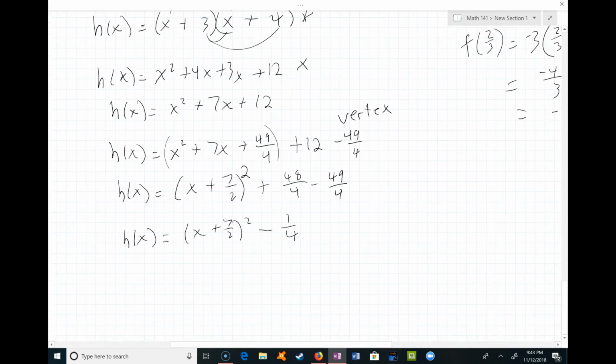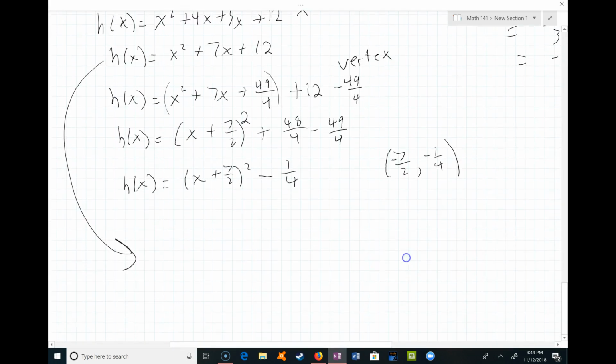So this thing would be in vertex form now. And notice you can see the vertex. The vertex is negative 7 halves, comma, negative 1/4. Right? And just to make sure, let's go back up and check that. If I was to find the vertex from here, notice if I throw that into that formula, x equals negative b over 2a, then that would be negative 7 over 2 times 1, which is 2. And look at that. It gets the right thing. Okay? So we just switched from standard form to vertex form